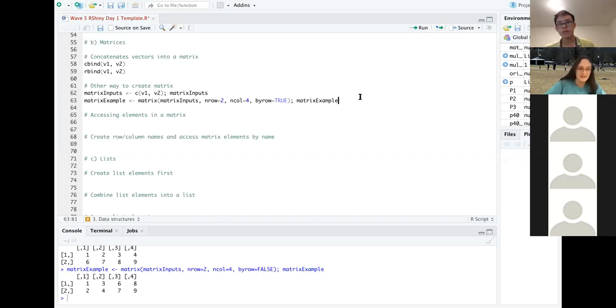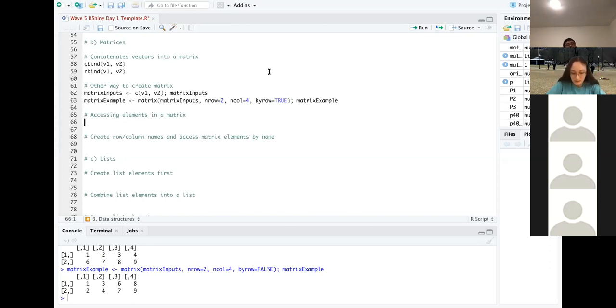Yeah, so that's how to construct a matrix. And now something else we might want to do is access elements in a matrix, which is like getting specific entries. And the way we do that is through something called indexing, where we reference the place that an entry is at in a matrix and get the value at that place.